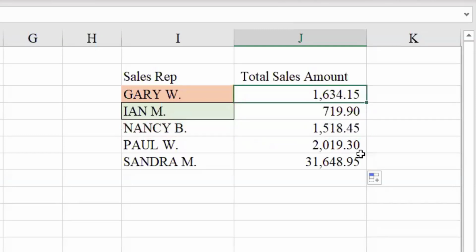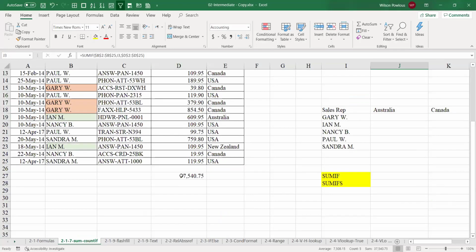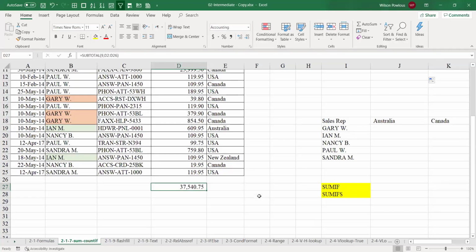So this is called the absolute reference. If you don't want to move that range, put the $ sign in front of it. In this case, I locked even the column as well as the row. In some cases you may have to lock only the column, or maybe only the row. But here there is no problem. We can lock both column as well as the row. And now if I copy the same formula here, it will give you the same. So if you total it out, this is 37,540. And here the same 37,540 you can see.